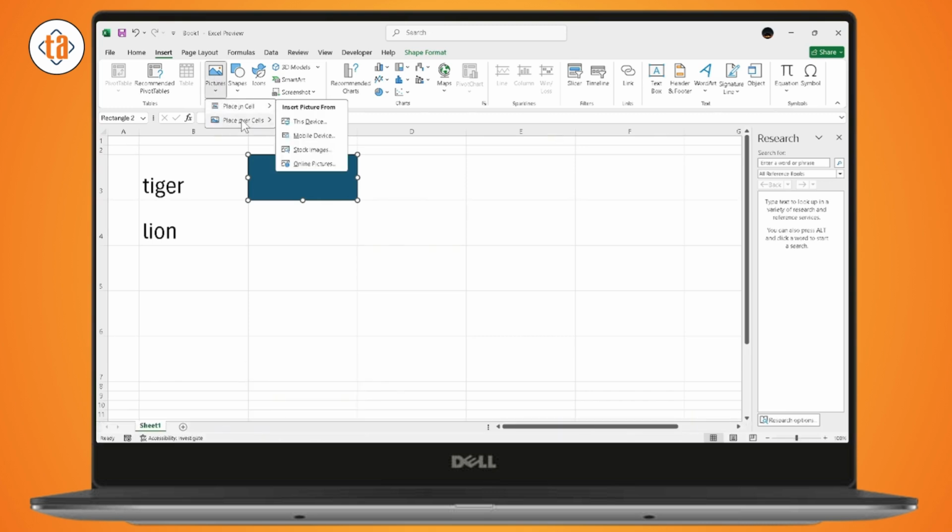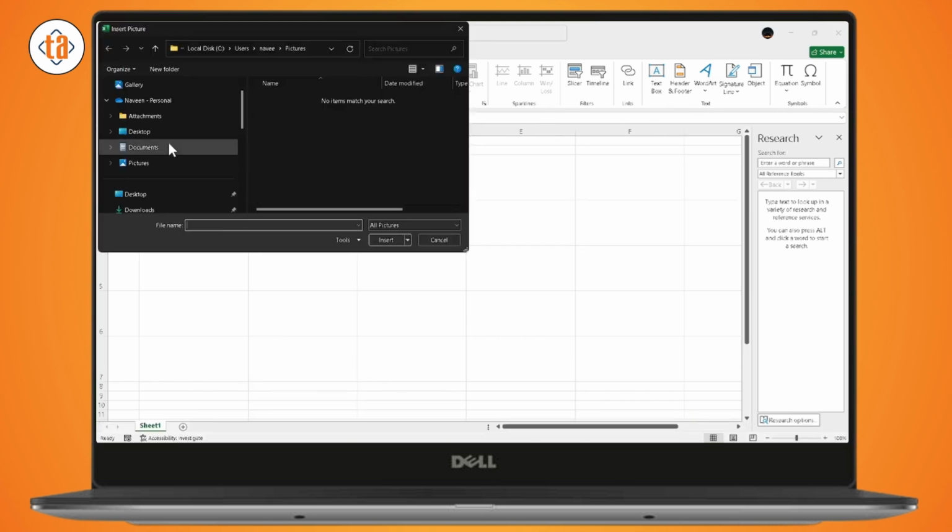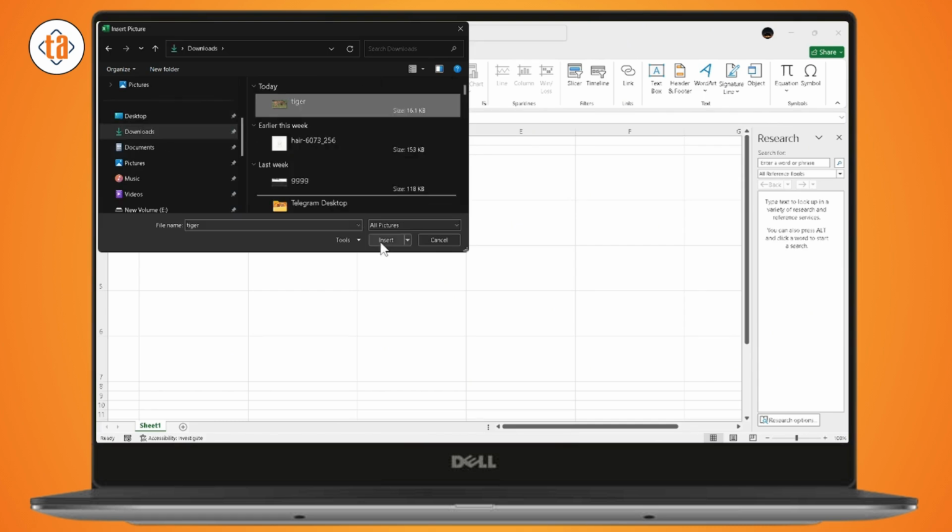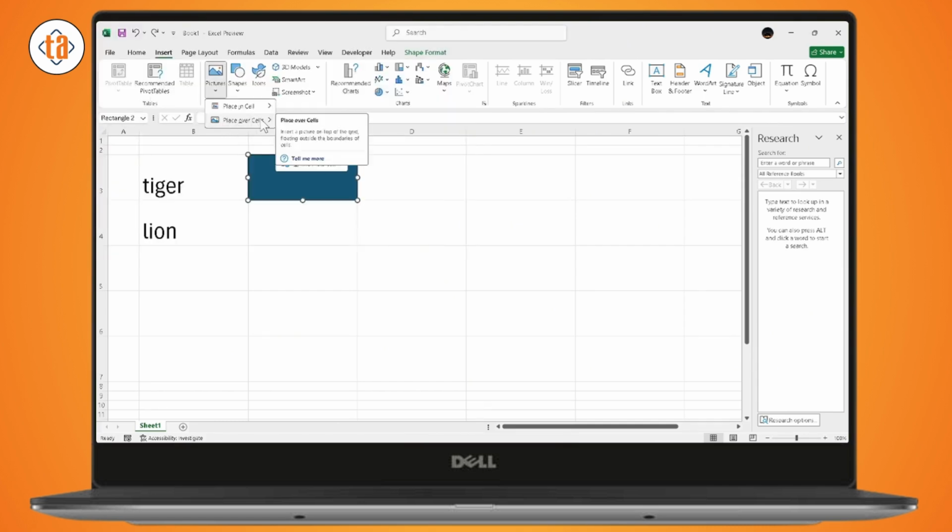Once you've downloaded, you can go with this device and then select the downloaded image, or select the image where you have downloaded and then go with insert. Make sure you've selected place over the cells, or if that doesn't work for you, then you need to right